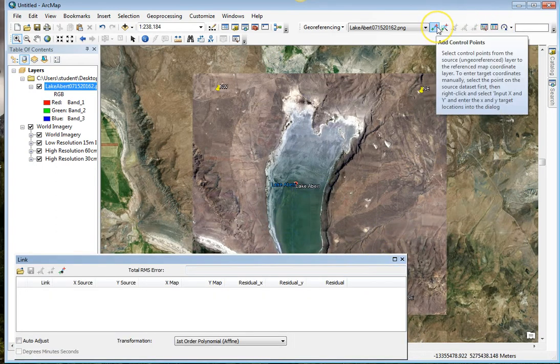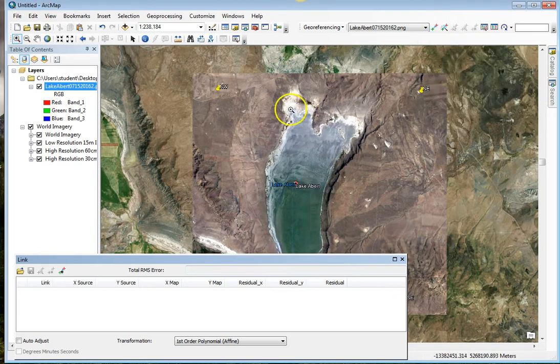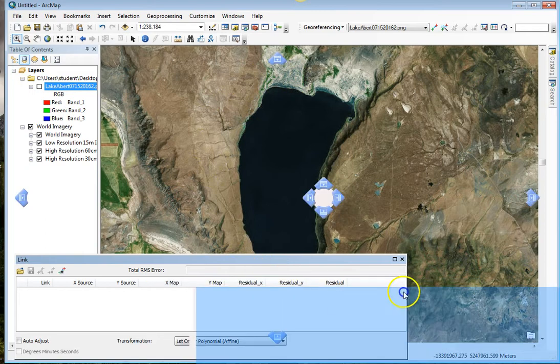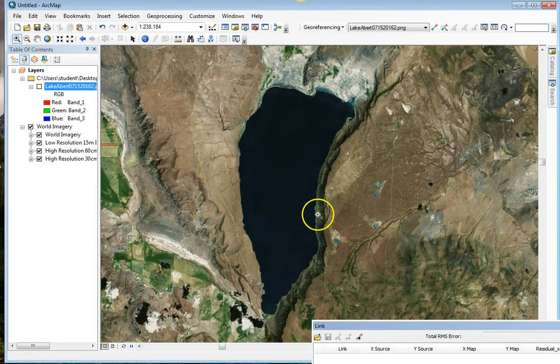And then these are my control points, and the control points work in that I click on the image and then I click on the real world where that should be. So I'm going to start,